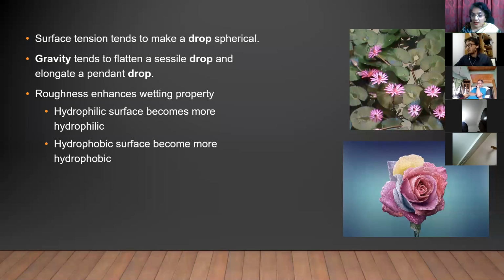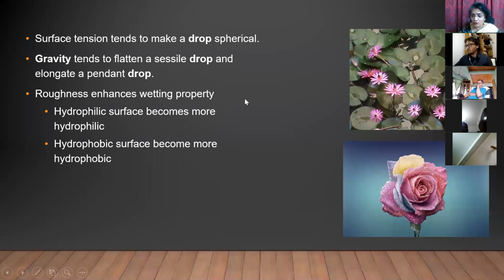I am not going to go into the lotus leaf and the rose petal effect, which is basically that the same spherical drop, depending on the roughness and the capillary action of the roughness, can either roll off like a water drop on a lotus leaf, or it can stick to the rose petals. Remember that if there are dew drops on a rose petal, even if you shake the rose, they won't fall. They'll be sticking to it. These are because of minor capillary action. I think Debarun is going to be speaking on this, so I'm not going to go deeper into this.